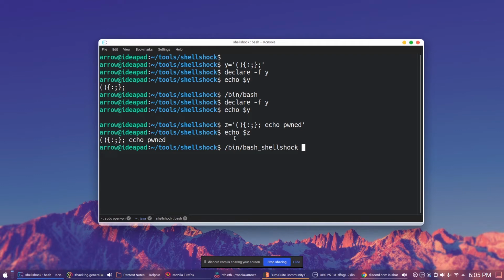That is fine, because these environment variables are to be used by the child process. So it will create a new function, and after this it will execute the remaining part as a command.